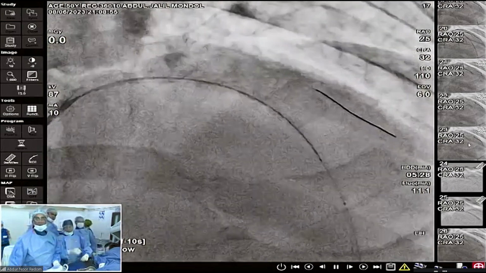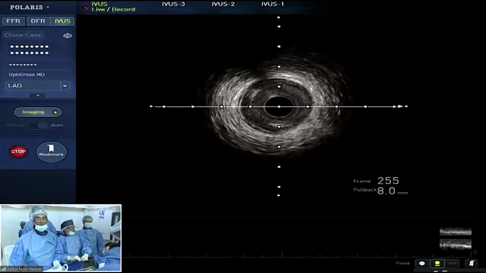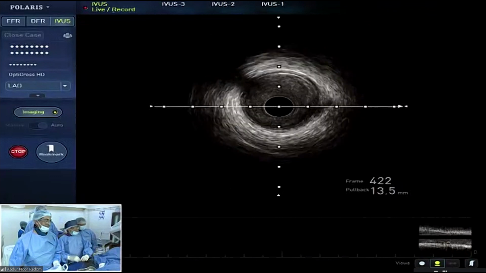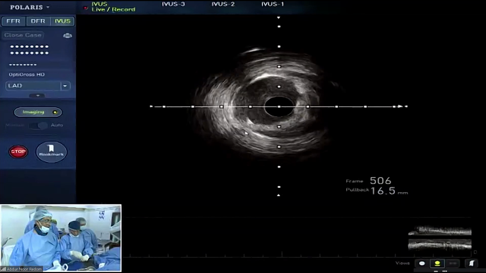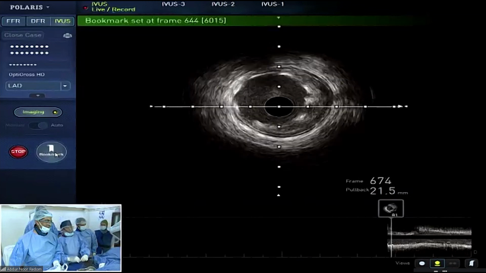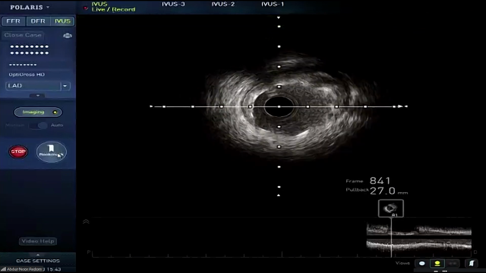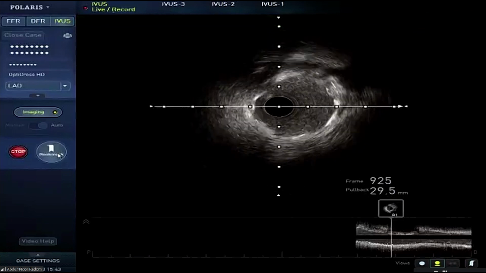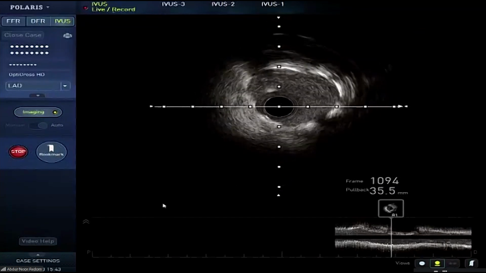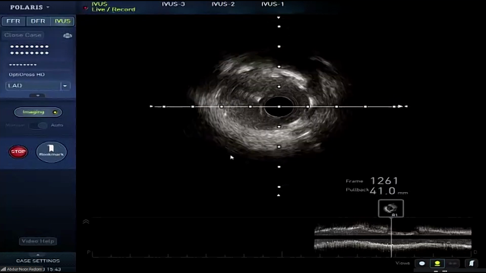You see the IVUS, pullback IVUS. Can you show the IVUS for them, please? Are you seeing? It is a high definition IVUS, which means 60 megahertz. The diagonal came, and you can see that bookmark. There is still some plaque there, but minimal. Stent apposition is very good. MSA is good. At the 12 o'clock position, there is plaque.